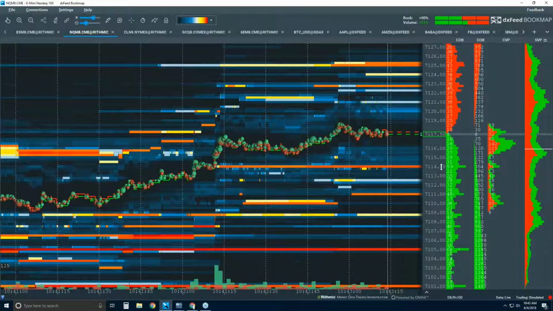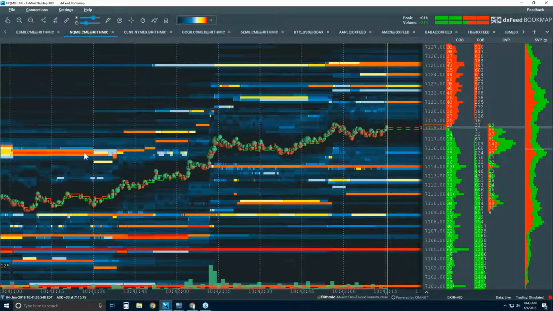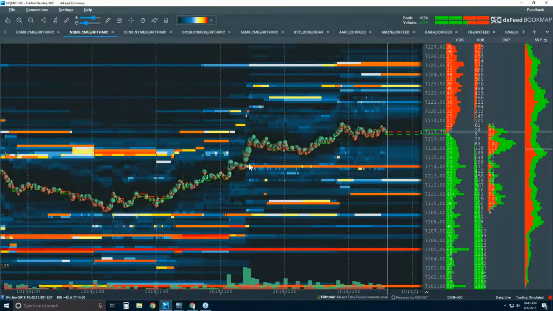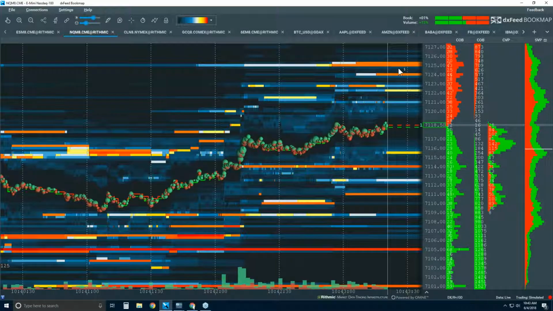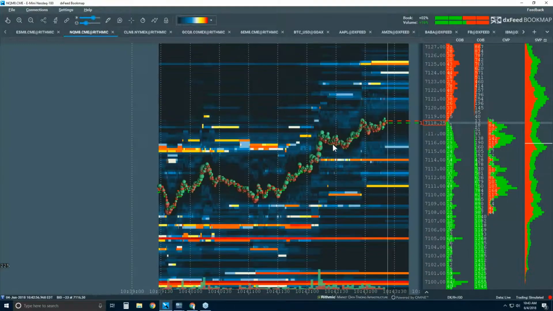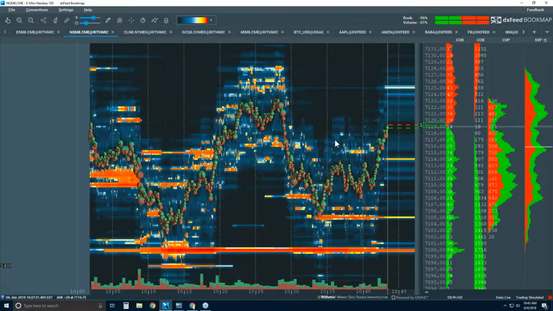start to understand all of these areas. Nice stuff that we're already seeing here at 114, a kind of a flip from offer to bid. And you can see nothing but buyers here. So looking for a higher area, maybe this 125 up here. Anyway, my point is that